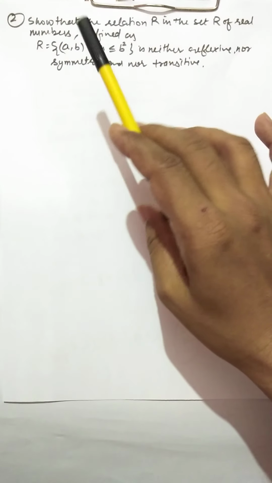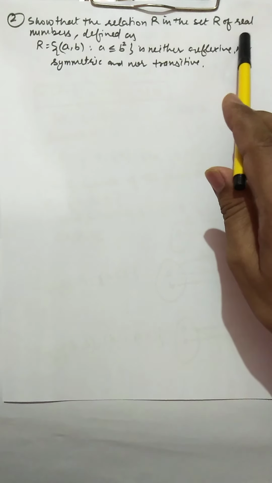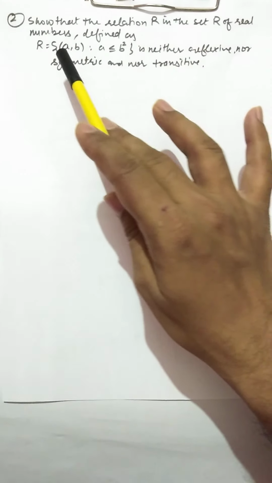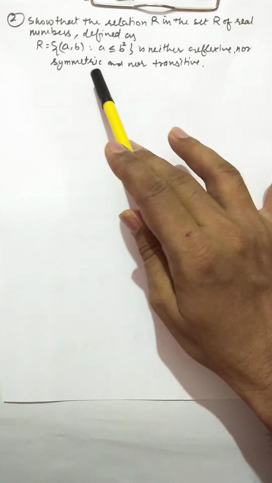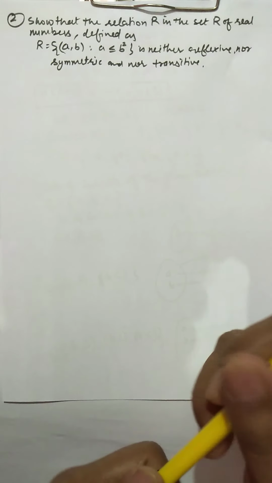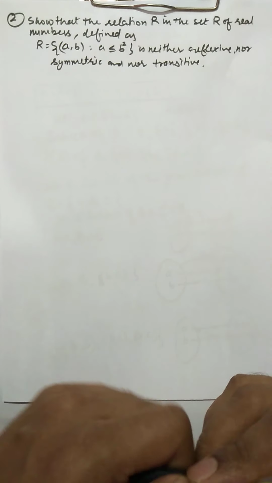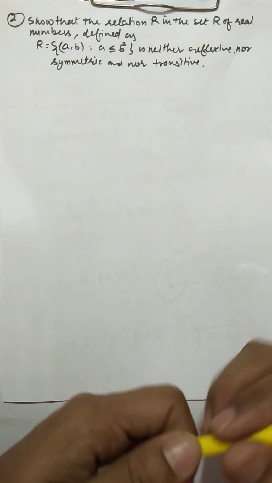Now see this, show that this relation R in the set R of real numbers defined as R = {(a, b): a less than or equal to b square}, is neither reflexive nor symmetric nor transitive. So for this we can just give one example if we want to show that they are not reflexive, symmetric and transitive. So we start from,